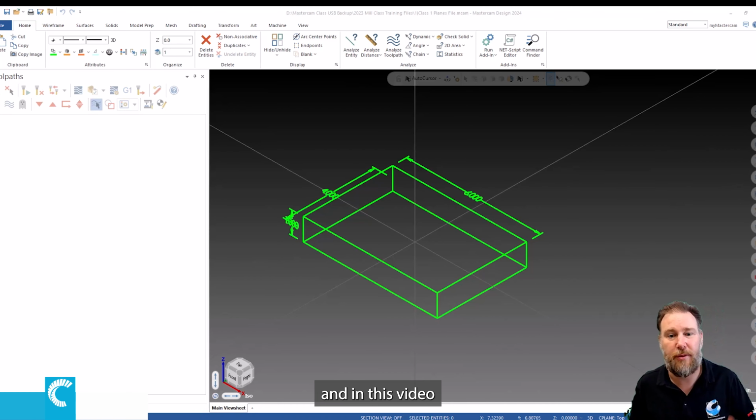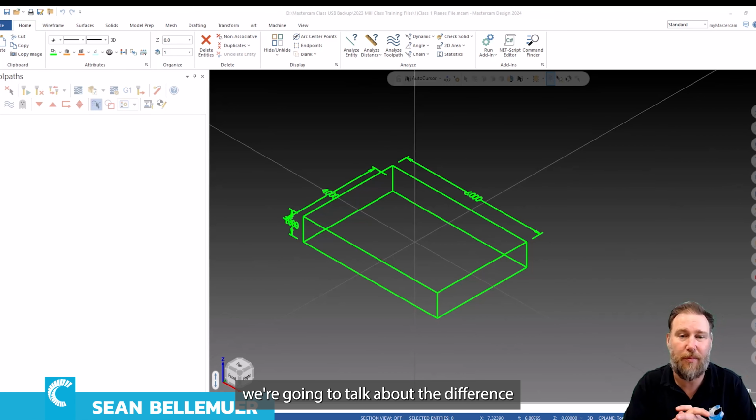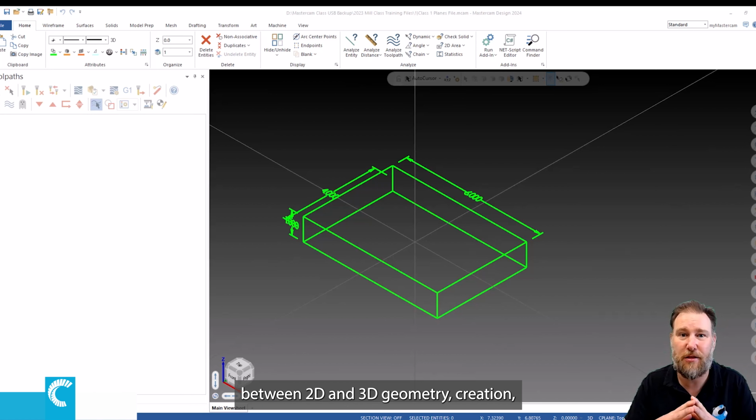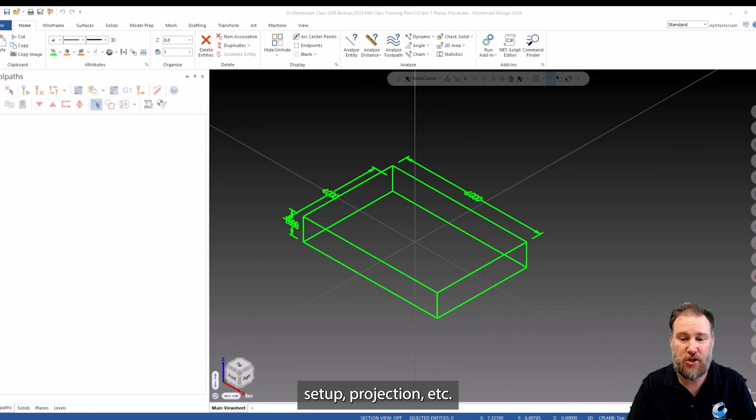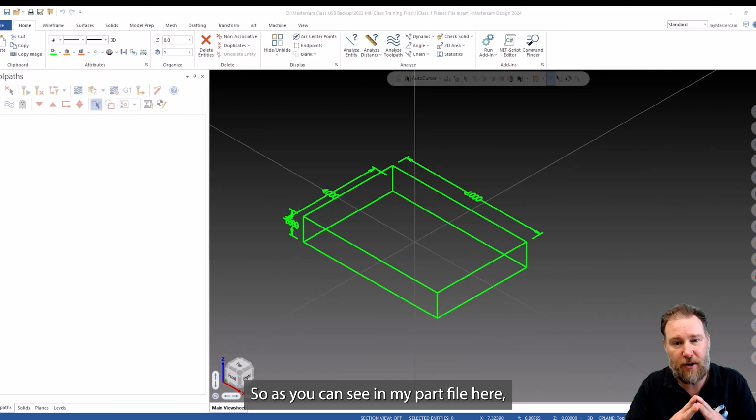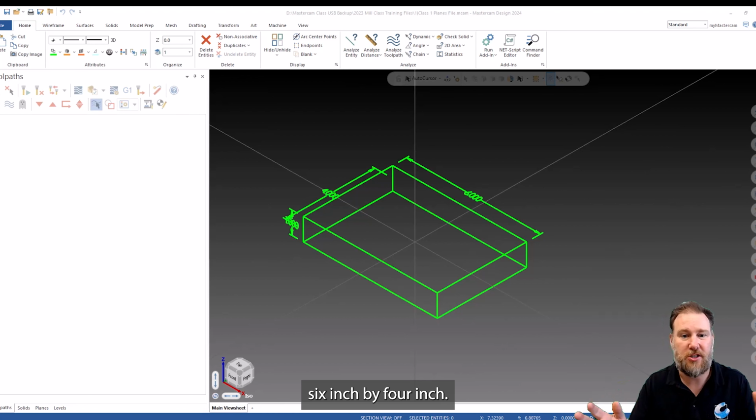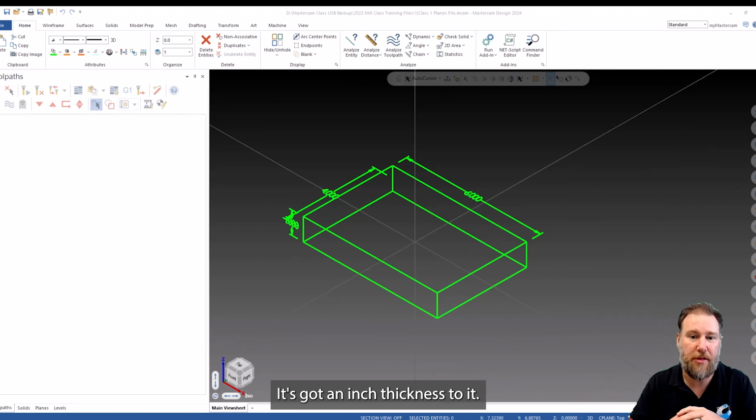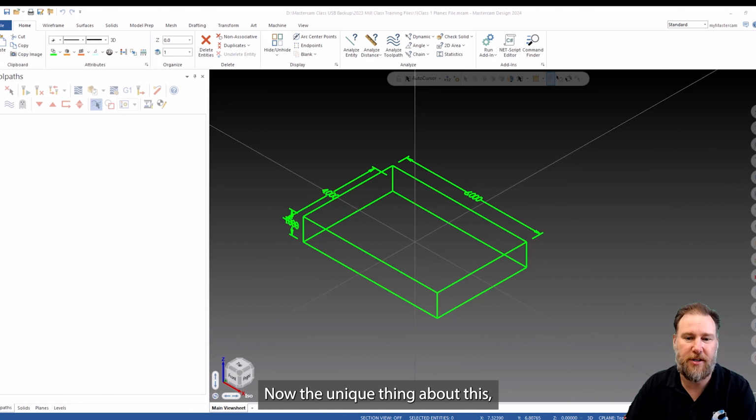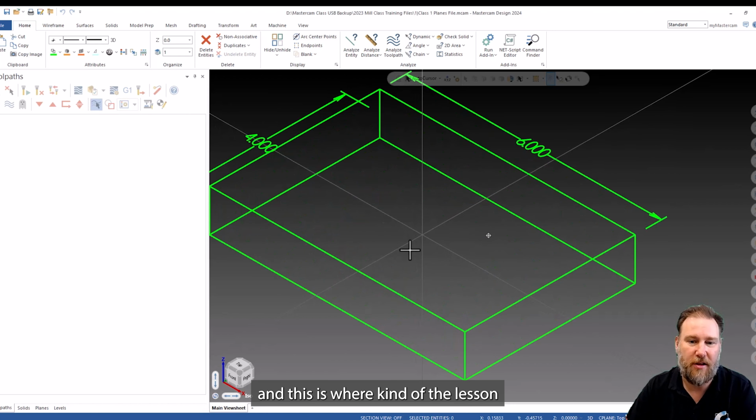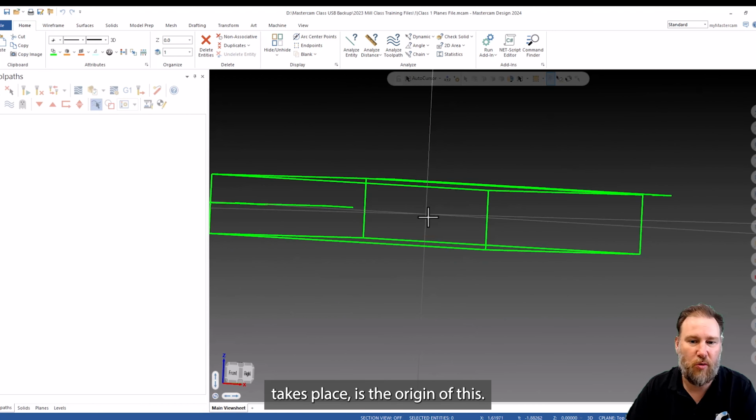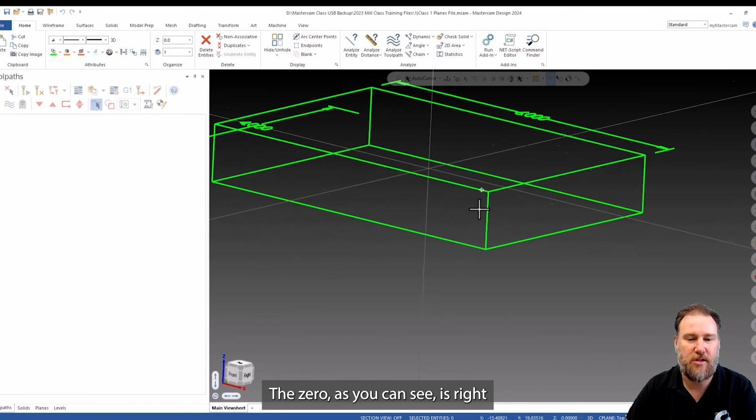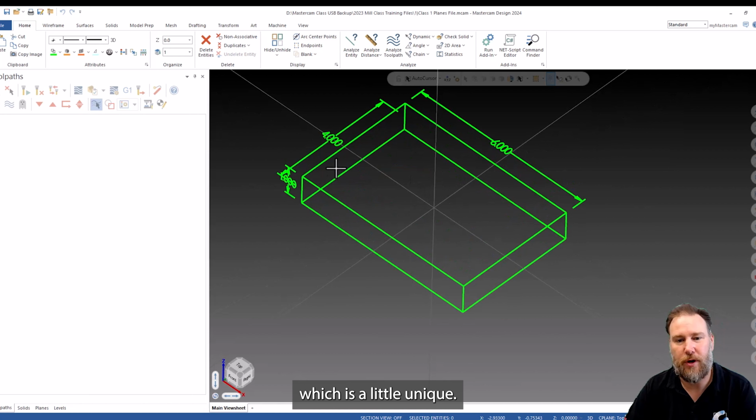My name is Sean Bellimer, and in this video, we're going to talk about the difference between 2D and 3D geometry creation, setup, projection, etc. As you can see in my part file here, I have just a simple box, 6" by 4". It's got an inch thickness to it. Now the unique thing about this, and this is where the lesson takes place, is the origin of this, the Z0, as you can see, is right smack in the middle of my box,